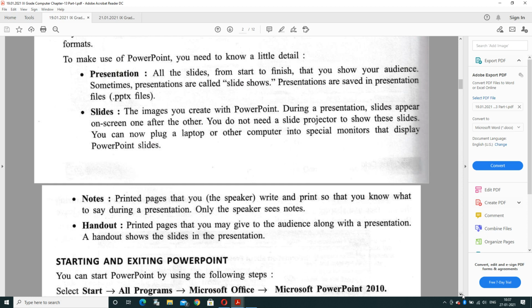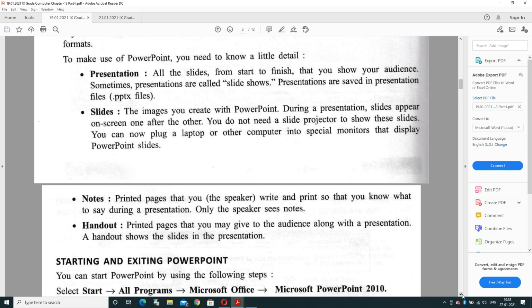And what is a slide? The image you create with PowerPoint. During a presentation, slides appear on your screen one after another. You don't need a slide projector to show these slides. You can now plug a laptop or other computer into a special monitor that displays PowerPoint slides. And what are the notes in PowerPoint?